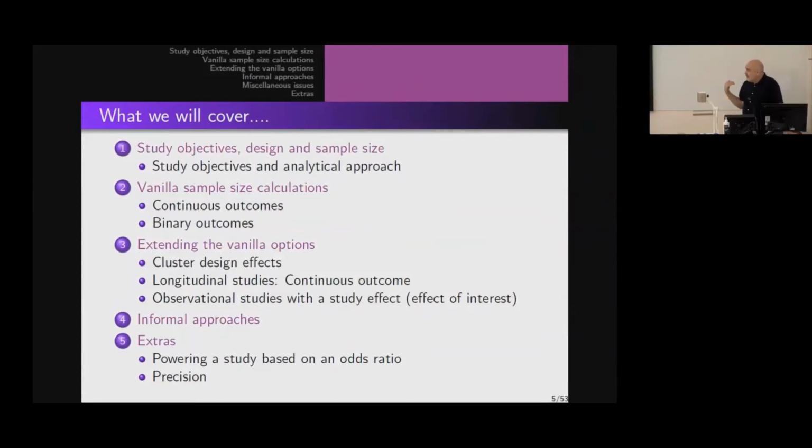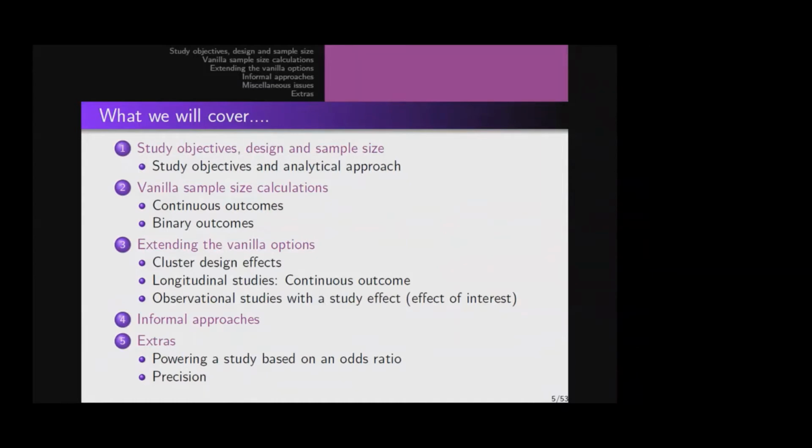Okay, after we talk about these formal calculations, these are the Greek letter ones, I'm going to talk about informal approaches. And it's a bit of a funny thing. People seem resistant to informal approaches because they seem too simple. In other words, if I understand it, it can't be scientifically valid. It's a bit of a strange attitude. Mind you, they are very simple, but when there's a lot we don't know, it's probably a better approach.